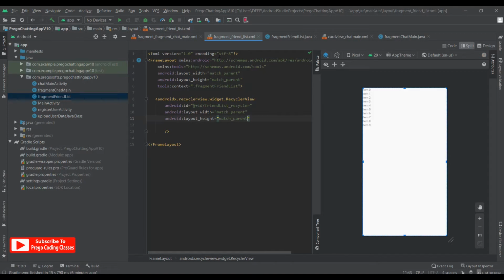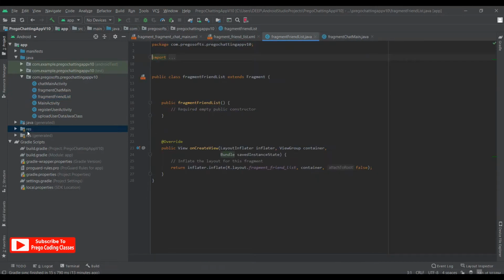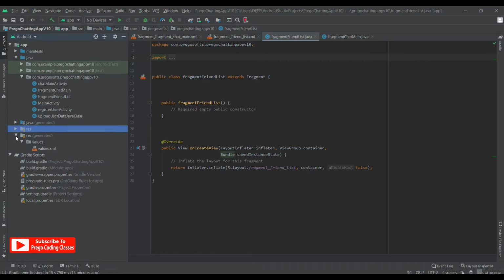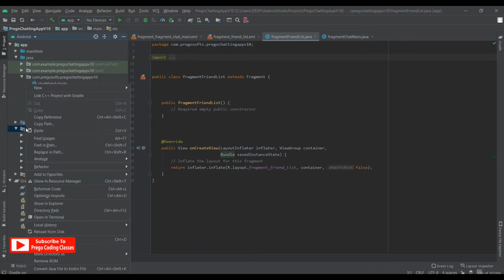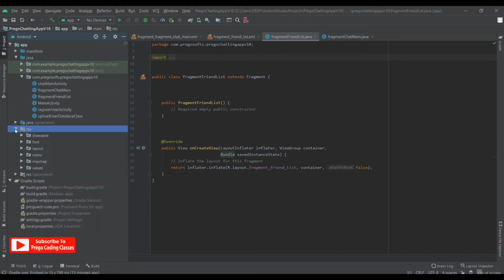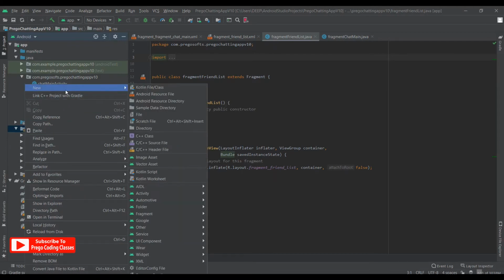Now we need to create a card view like what we have done in the chat main. So let's get on with creating the card view. Okay, now we will right click on resources. Now there are two resources. We'll click on the top one. If you are getting two resources, just click on the one that has your layout and everything drawable. So we'll right click, new, resource file.